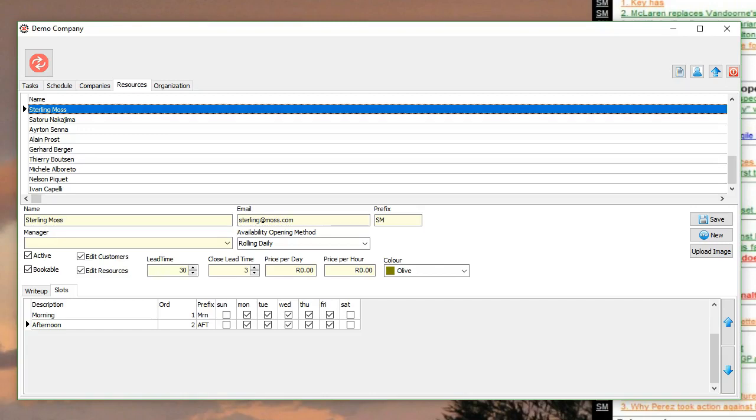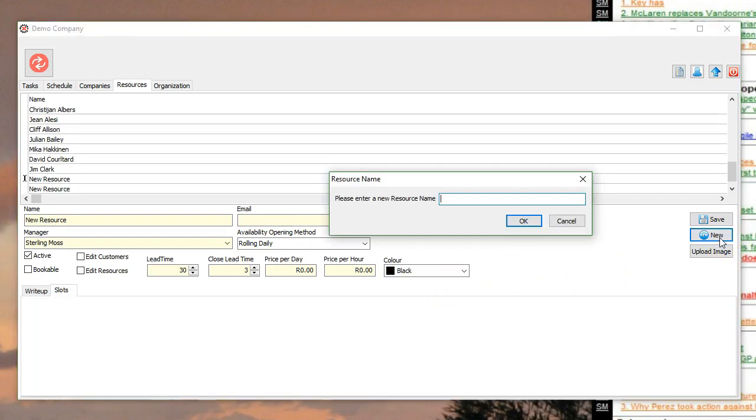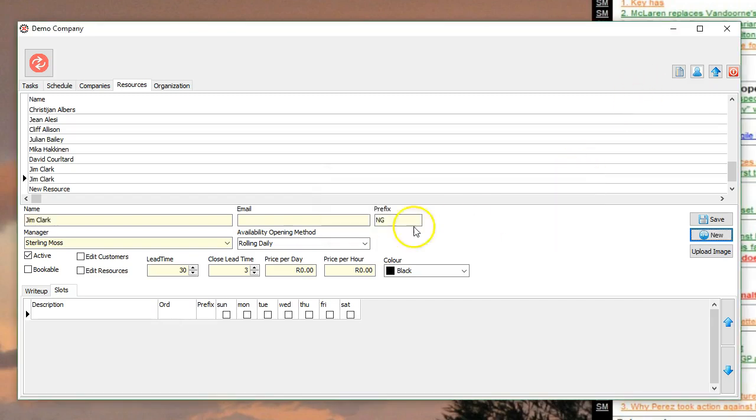I am Harry, and this is a quick guide on how to use the Resources tab in WERK. So with the Resources tab open like here, you either for the first time or like we do it here, add a resource by just selecting New. There you are. And then you can just start typing in and you say OK. And then you can go to your email,